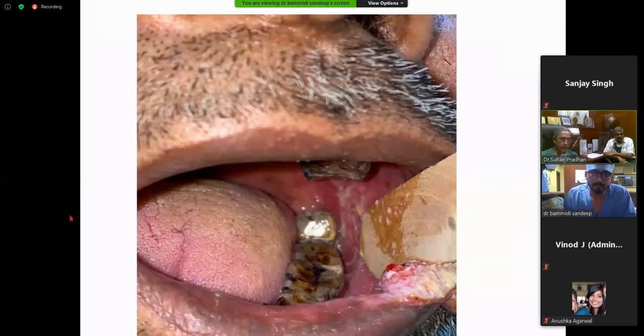I want to ask you one more question. If the biopsy says this is a hyperplastic lesion, a verrucous lesion, and they are not able to give a